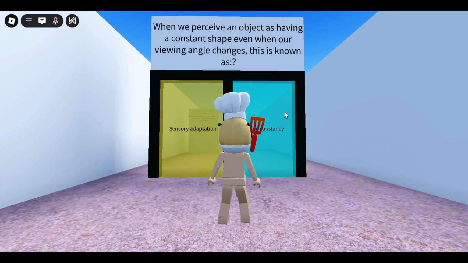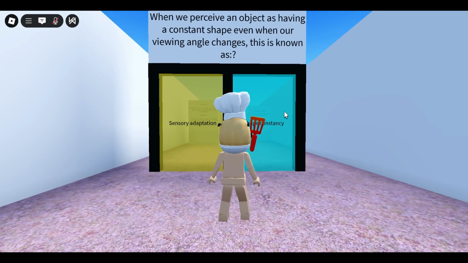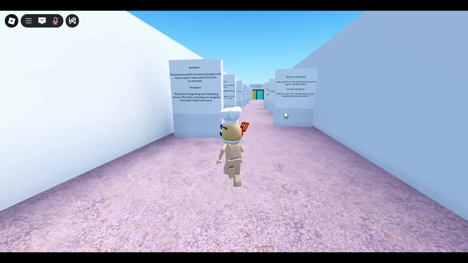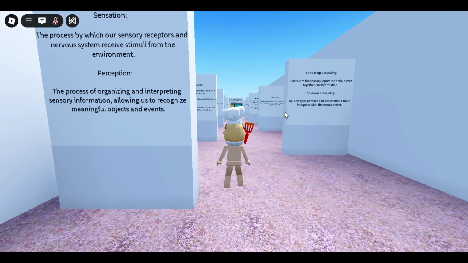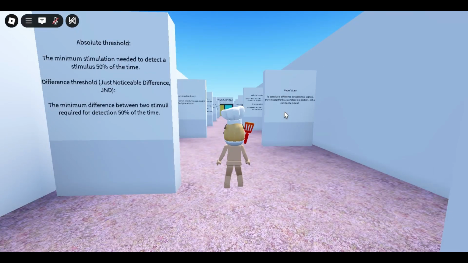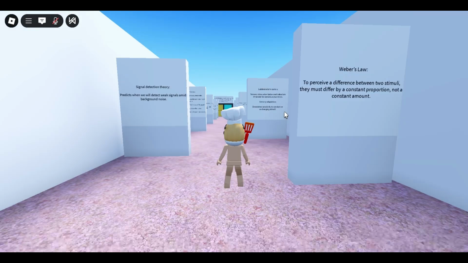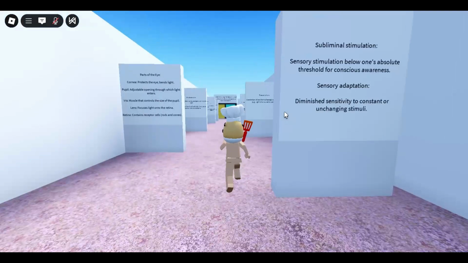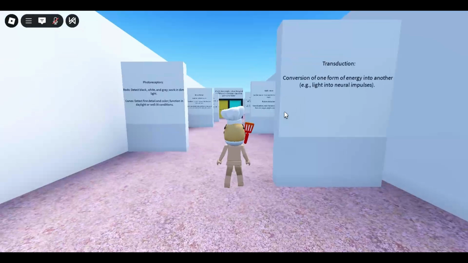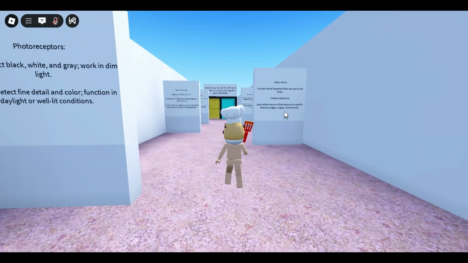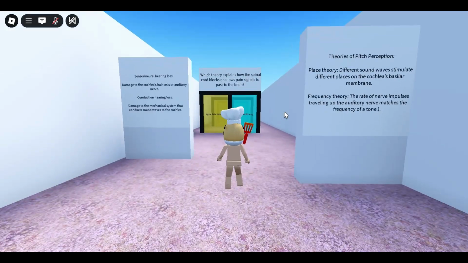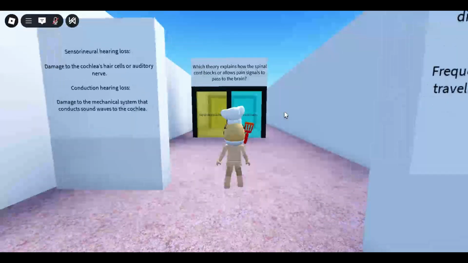And a shape having constant shape is known as shape constancy. And for some useful study topics, we have sensation, perception, bottom-up and top-down processing, thresholds, Weber's law, signal detection theory, subliminal stimulation and sensory adaptation, parts of the eye, transduction, photoreceptors, the optic nerve and feature detectors, parts of the ear, theories of pitch perception, and sensorineural hearing loss, so